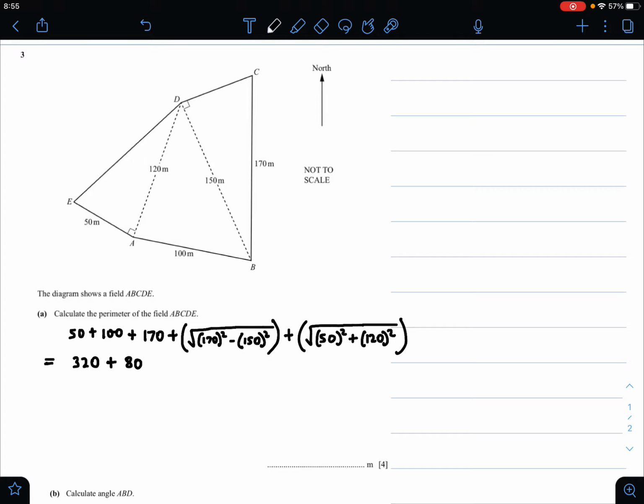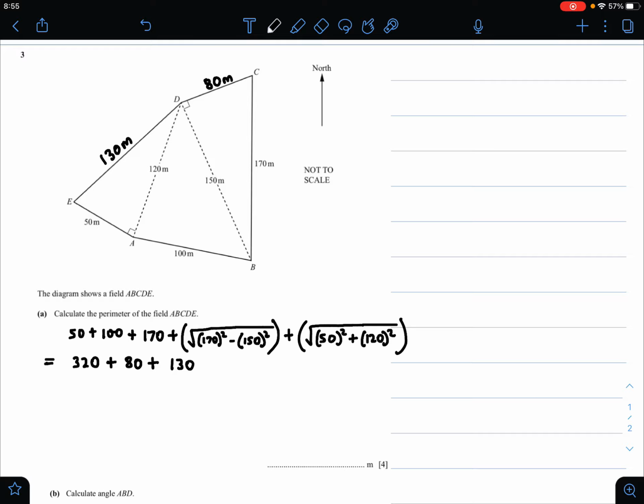So this would be the side CD, that is 80, plus the last side, that is DE, so that would be 50 square plus 120 square, and the root of that, which would be 130. So 130 would be the side DE,